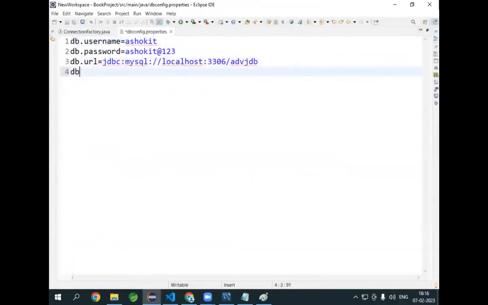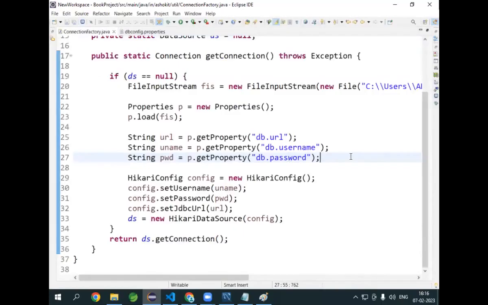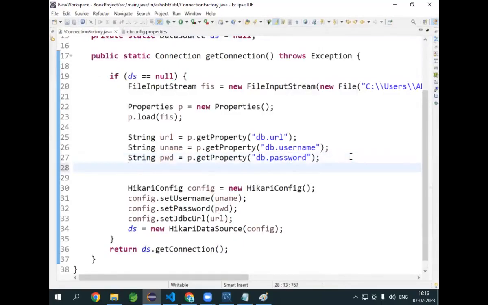db.driver. Do you know what is the driver class for the MySQL database? Come on, what is that? com.mysql.cj.jdbc.Driver. So here, in order to connect with the MySQL database, we are setting MySQL properties: username, password, URL, and driver class also. When I'm creating this connection factory by using Hikari CP, let me set string driver